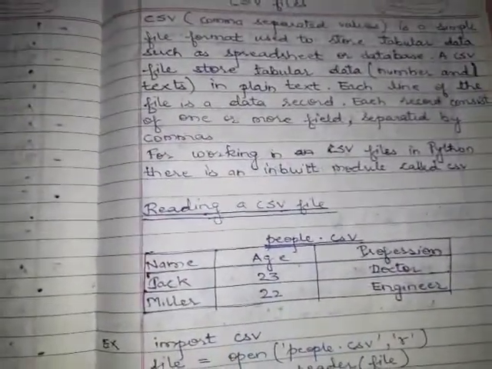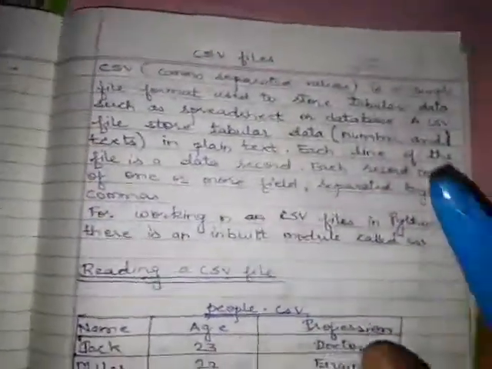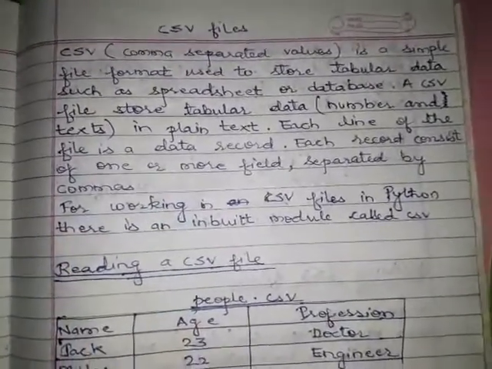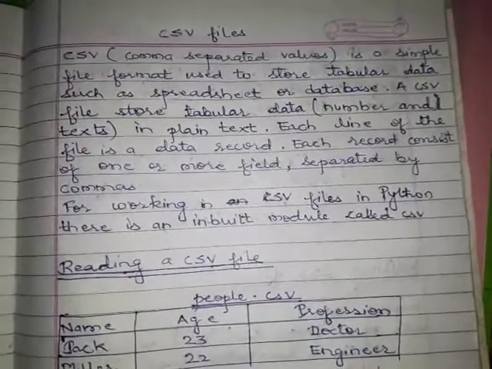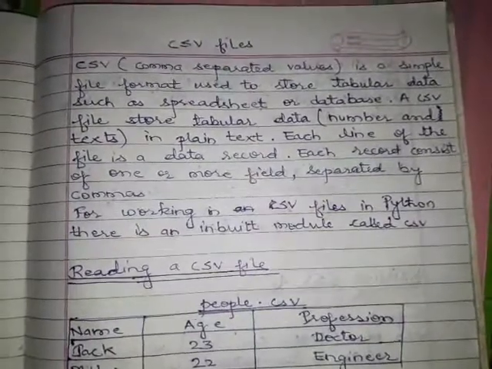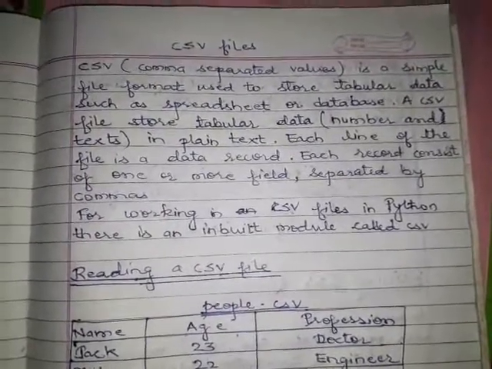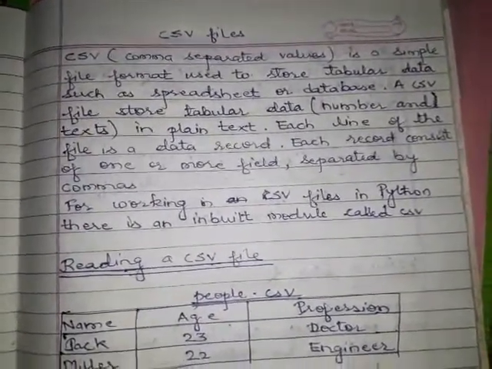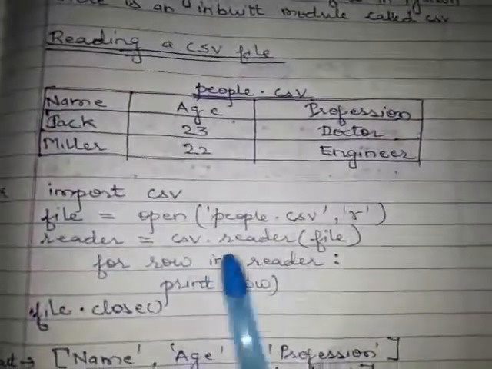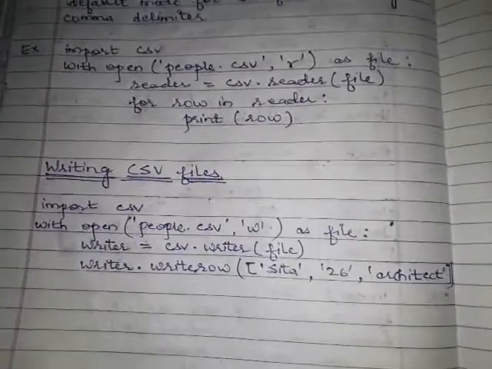Here our Python file handling topics, all the topics such as binary file handling, text file handling and CSV file handling, are finished. Now we will start a new topic in our next class. If there are any doubts in text file handling, binary file handling or CSV file handling, you can ask me. In CSV file handling you have three topics: the csv module, csv.reader and csv.writerow. These three topics are in your syllabus.